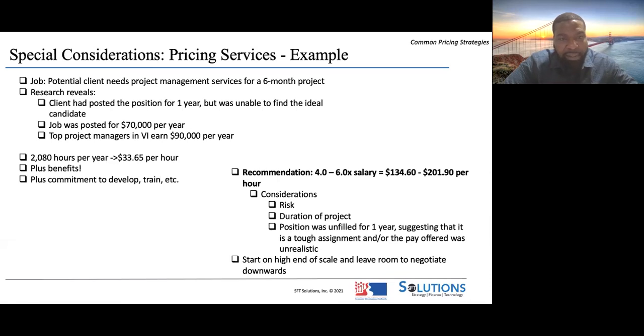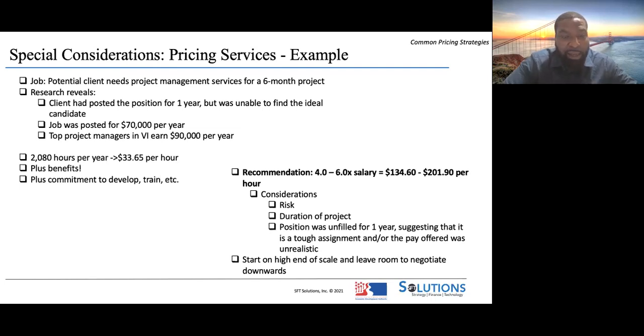The other piece of information that I would take into account was that they looked for someone. They tried to find somebody for a year and they couldn't find the ideal candidate for whatever reason, right? So in my mind, I'm thinking, all right, since they've already looked, I'm going to have to overturn every single stone to find a good fit for them. I might have to fly somebody in from the States for 6 months, right? So you want to make sure that that's all built into the cost.